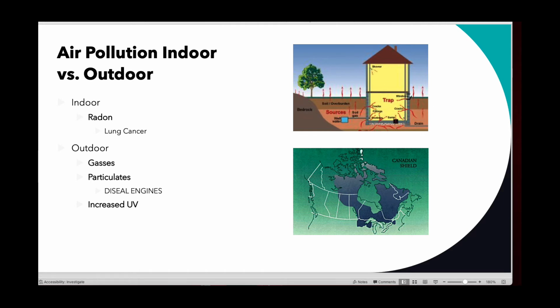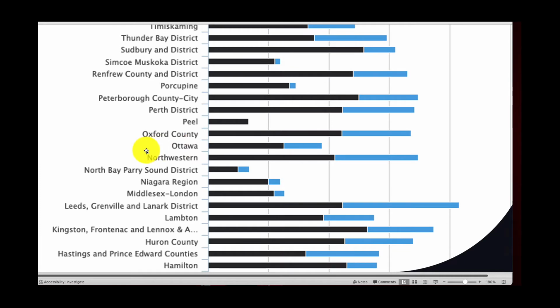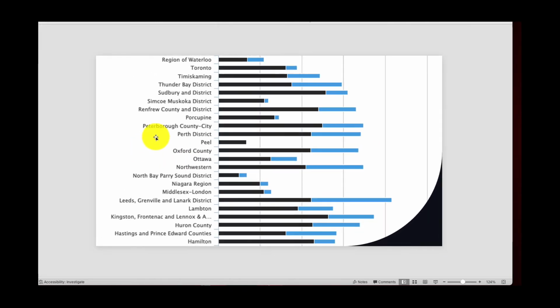So on this next slide here, just in case you haven't been aware of what radon is, I have this showing you how high the cases are in Canada. You can see that these are pretty high levels, and depending on where you are in Canada, some of the levels are higher than others. So this district here, Leeds, is the highest. And let me see if there's any other ones that we recognize here. Ottawa, they're high. Toronto is pretty high. But yeah, Canada seems to have a really tough problem with radon in their soil. So they're constantly getting tested.